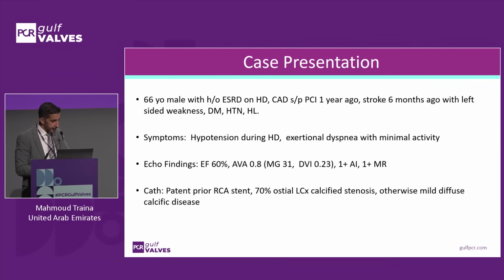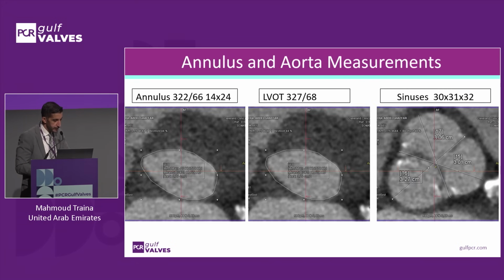Echo shows an EF of 60%, valve area of 0.8, mean gradient of 31, DVI 0.23. I won't show the coronaries, but he had a patent prior RCA stent, a small circ with a 70% ostial stenosis, otherwise mild diffuse disease. So in terms of the annulus and aorta measurements, just an interesting part on the annulus,